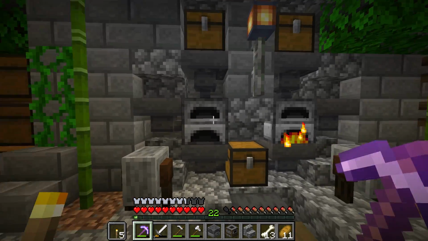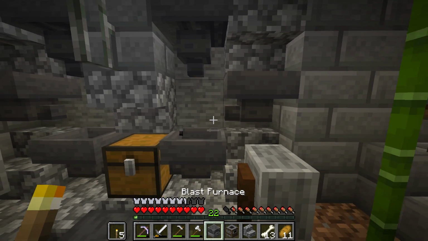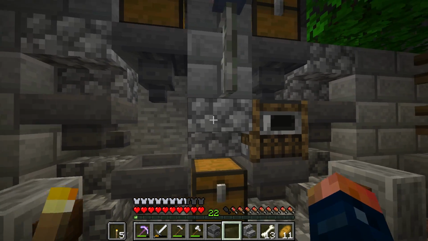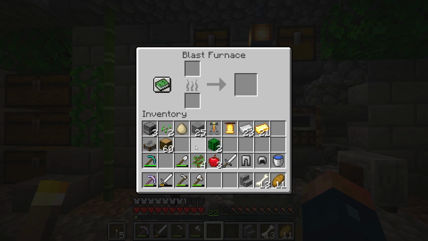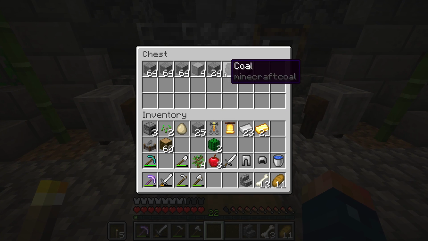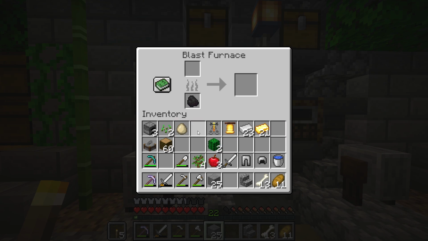So these are some really cool blocks. And like I said, they should function in the same manner as this. One cooks food, one cooks our ores and materials. And should do it a little bit faster, right? Than it's been done before. So let's see how fast...